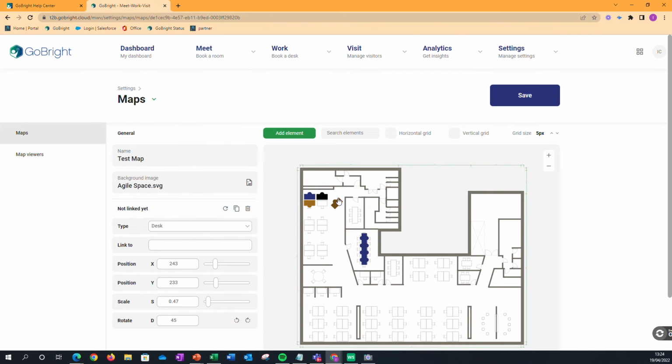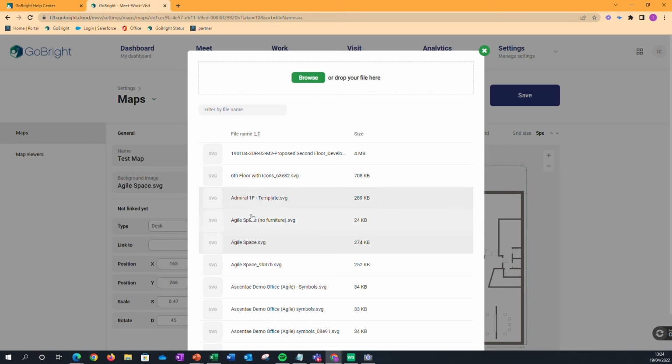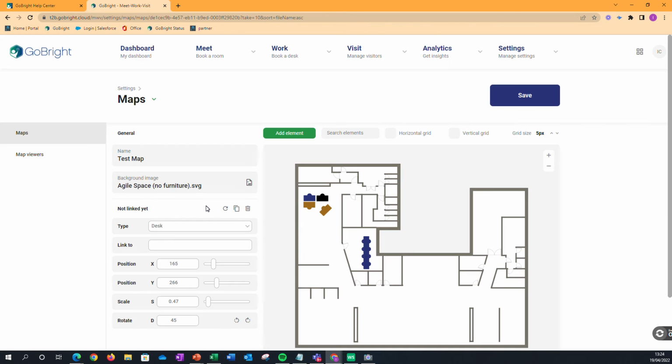But the idea is with this, we can be moving around over this template, but then once we've laid all of our desks out, we can just change our template. So I'm going to go into our image stocks that we've got, and I'm going to go to the agile space with no furniture, and now you can see what that looks like without any of the template structure in place. Importantly, I just need to save,